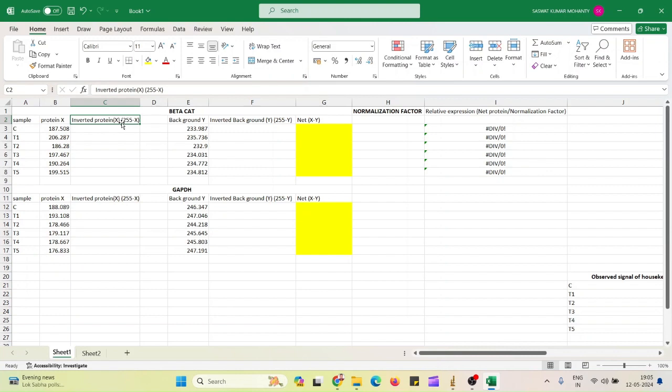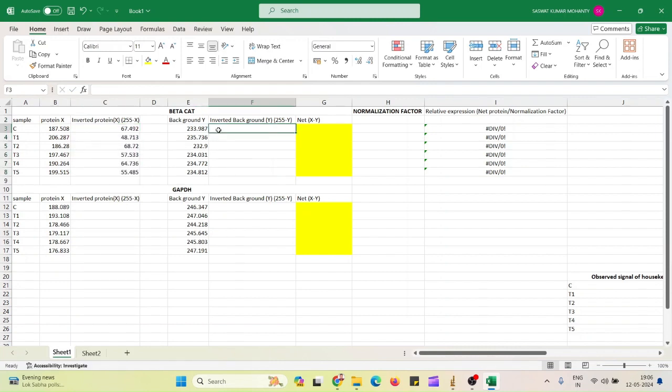So when you choose a white background you get a mean of 255, that's why we have to find the inverted protein. The formula for inverted protein is we subtract the mean intensity value you got from ImageJ from 255. So 255 minus the intensity mean value. I can scroll this, so I'll get all values done.